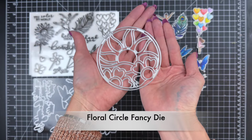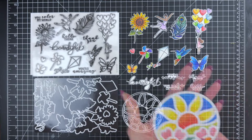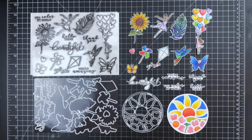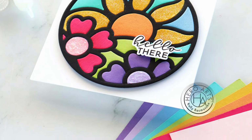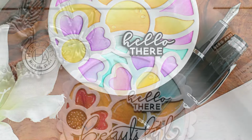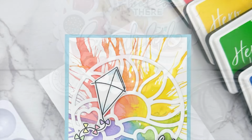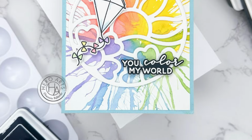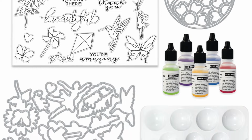Also included in the card kit is the Floral Circle Fancy die, which creates a stunning circular scene with the sun, sky, and flowers. By using paper piecing techniques with colored cardstock, you can bring this intricate design to life with bold, distinct sections of color. Alternatively, ink blending the sections creates beautiful gradations and lots of dimension, or enhance the design further with white gel pen highlights and accents. Or even try pairing the die cut with a splashy watercolor background for a modern, abstract twist. Now that we've looked at the entire contents of the December card kit of the month, let's move on